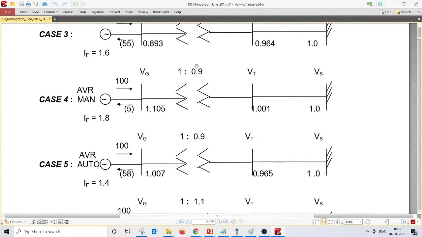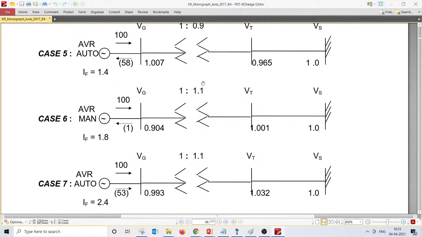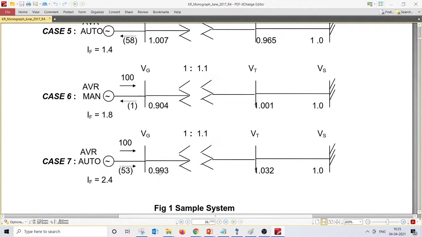You can understand what the tap at the OLTC is. Even while consuming reactive power, your voltage could be higher, and even while injecting reactive power, your voltage is slightly less. So with an OLTC you have the advantage of extracting the complete reactive power capability of the generator.